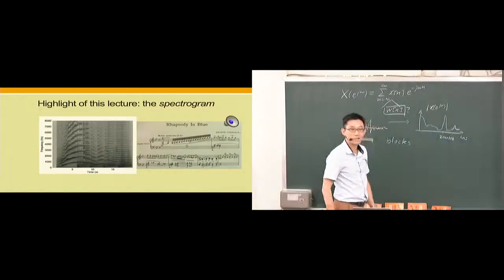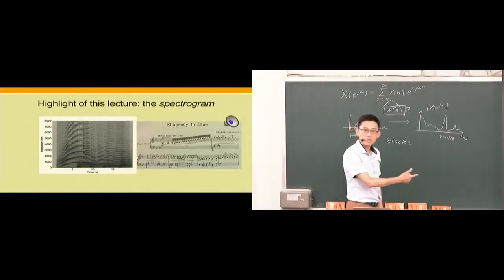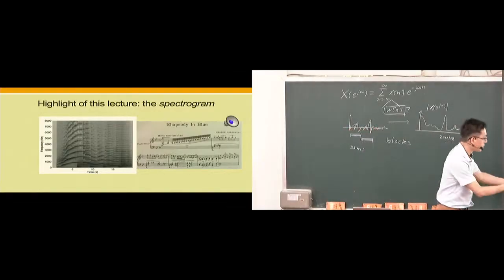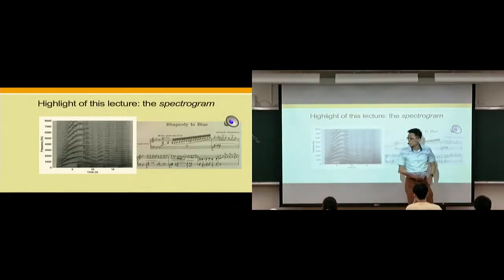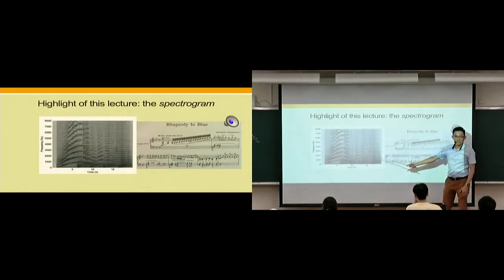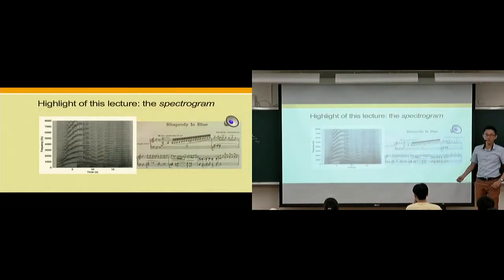So you can read, yeah, information retrieval. Speaking of which, right? So now what are we doing? We have a representation and we start looking at it. So if I don't tell you the score, can you figure out what's going on? That's a task called automatic music transcription, 自动采谱啊。